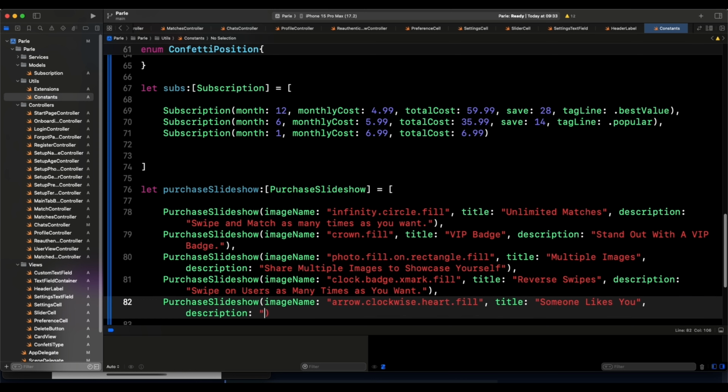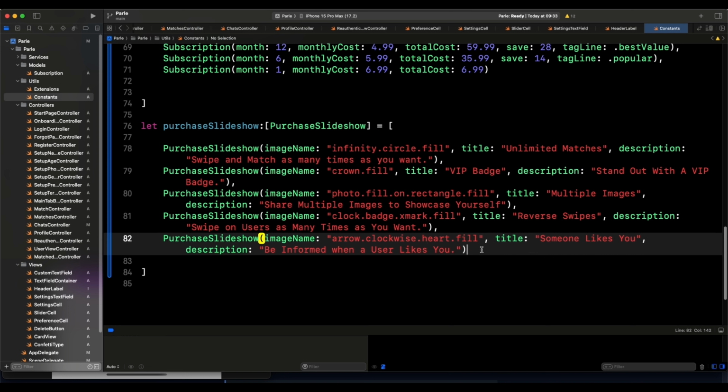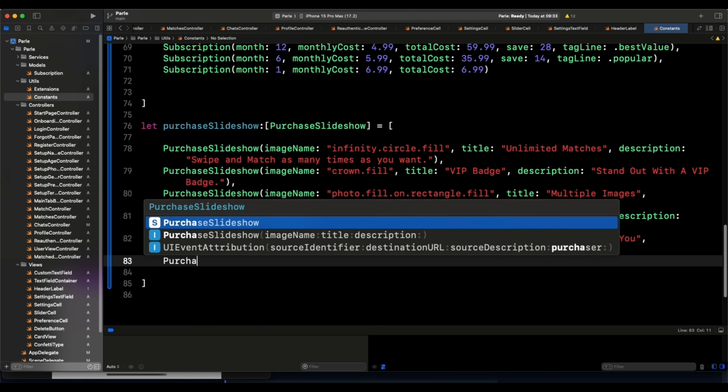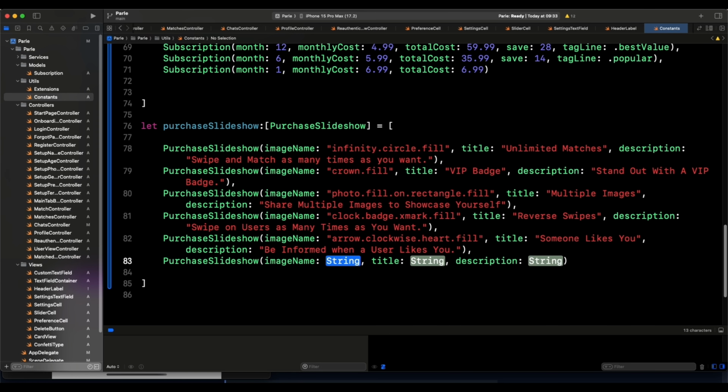Come here, say be informed when a user likes you, right? So if a user likes you, what we want to do is make sure that, if you're a VIP user, you know that, right? And then the final thing that you can do if you're a VIP user is going to be, let's come in and say